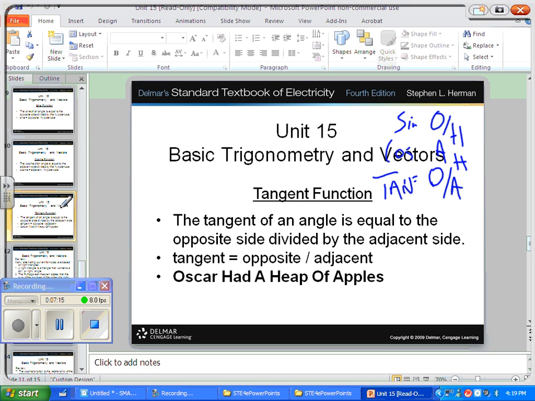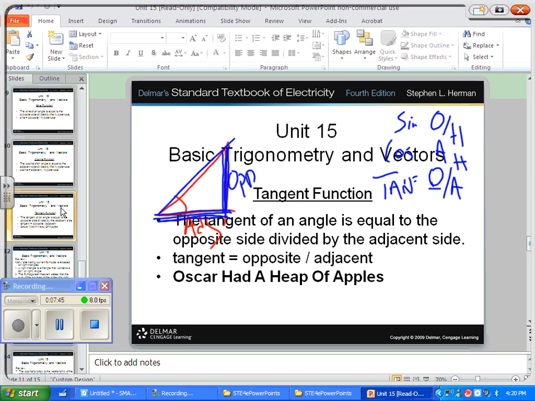So the opposite of our triangle, our angle down here, this is our adjacent, and this is the opposite, over, not the hypotenuse, the adjacent. The opposite over the adjacent. Okay? Now let's look at, if you're standing a ladder on a wall, you know that for